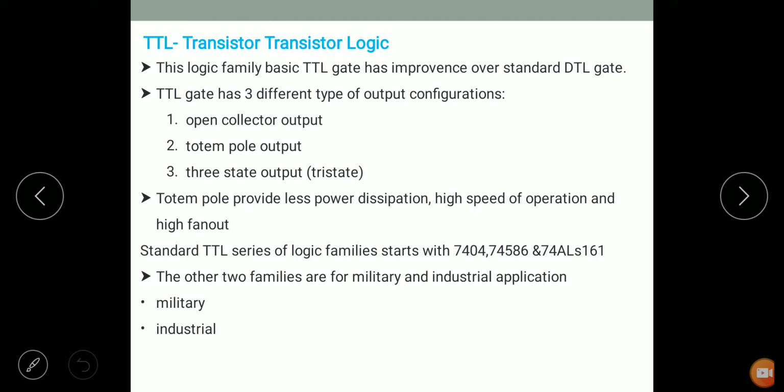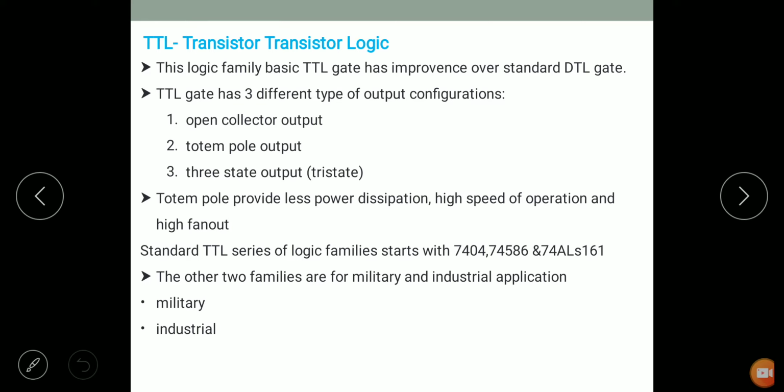While ECL, that is emitter coupled logic, is the fastest logic family, which is used for high speed applications. In the bipolar saturated logic families, the bipolar transistors are used as the main device. It is used as a switch and operated in the saturation or cutoff regions. TTL is the example of saturated bipolar logic. In the unsaturated bipolar logic, the bipolar transistors are not driven into hard saturation. This increases the speed of operation, so unsaturated bipolar ICs such as Schottky TTL and ECL, that is emitter coupled logic, are much faster as compared to TTL.